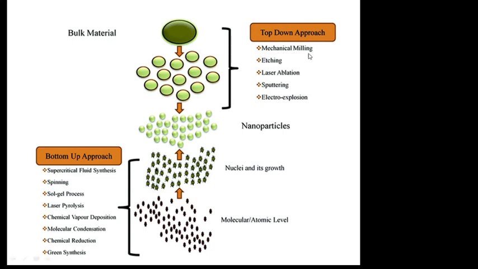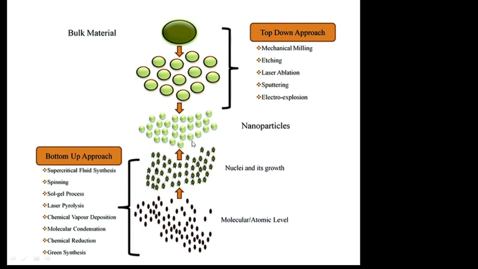Thereafter, different scientific communities got involved, looking at the very bright scope from the scientific research point of view as well as the technology point of view, and therefore all the methods listed over here were developed later on. Okay, so one is etching, then laser ablation, sputtering technology, electric explosions, and so on. These methods, or a few of them, we will definitely touch on in detail, maybe in the next lecture.